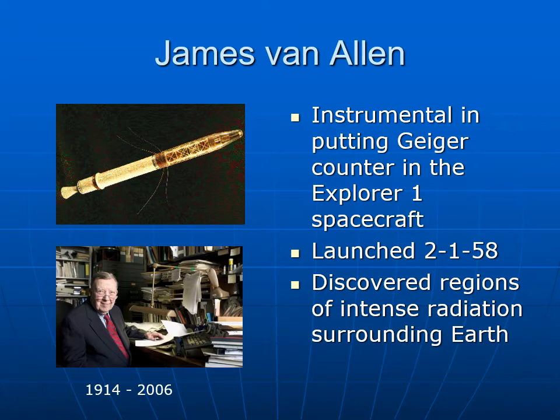It turns out that the very first spacecraft launched by the United States was in February of 1958. In October 1957, the Soviet Union launched Sputnik. And then a month later, they launched a second Sputnik, Sputnik 2, which had a dog on board. The first Sputnik basically just orbited Earth and had a temperature sensor. The second one had a dog on board to see how organisms live in space. Turns out the dog didn't live very long.